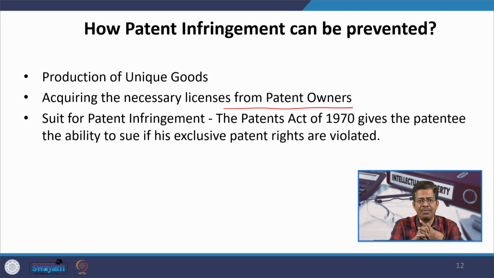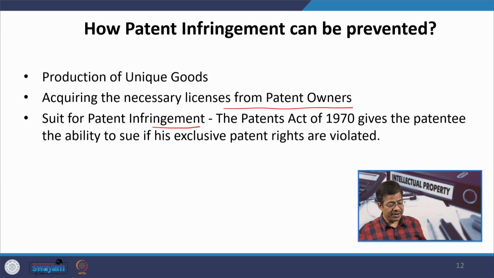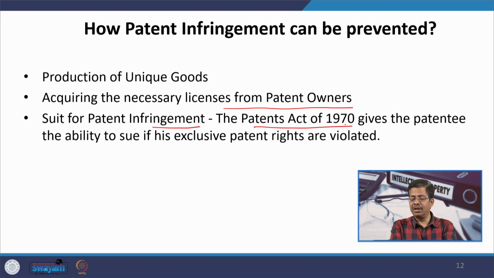Chances of infringements are more when you are not using your IP, and therefore, it remains idle and somebody thinks that it is a very useful technology. So, he starts using it. So, that is another very important thing, that you need to bring your products to the market, that will help you in minimizing the cases of IP infringement. And then obviously, the third, which I will not recommend generally, but if nothing is working, you need to sue the infringers. So, in India particularly, the Patent Act of 1970 has given this power to sue